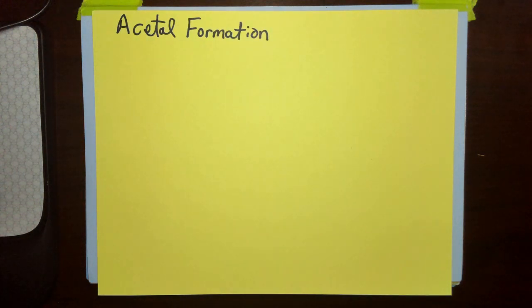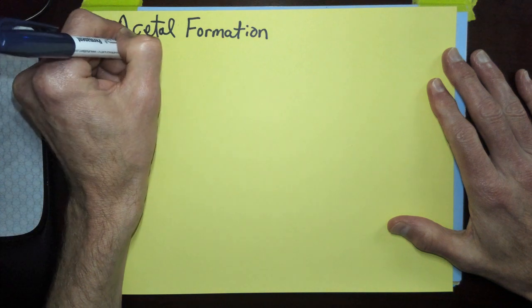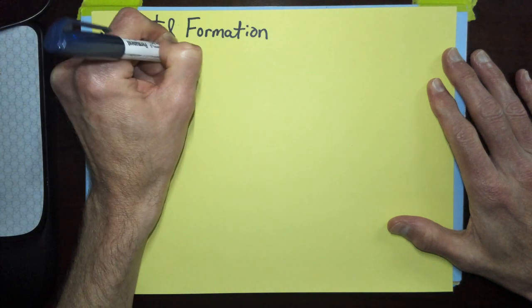Okay, let's focus in on acetal formation. In the previous videos we looked at hemiacetal formation. Now let's look at the acetal formation. So an acetal is when two alcohols